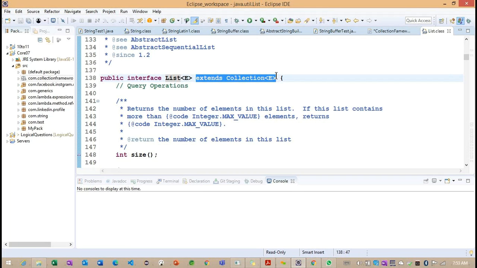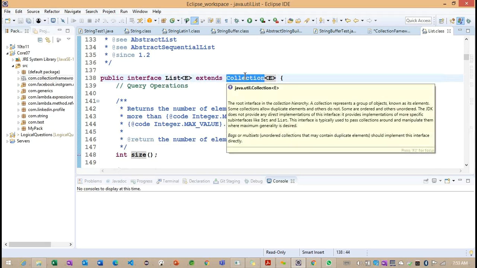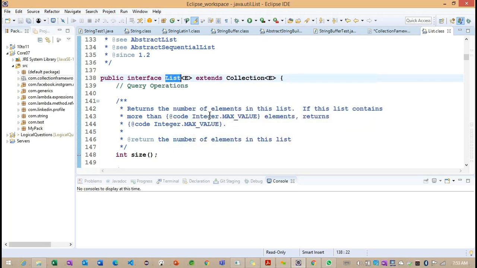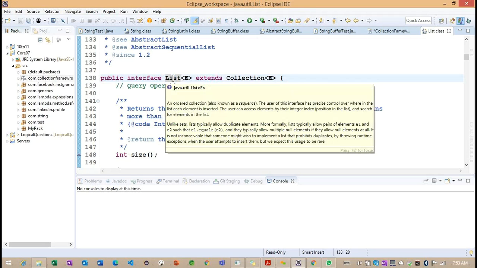Getting the point. Whenever it is extending from the Collection, again we need to think about our inheritance concepts here. Because the Collection we discussed has some of the methods. So do those methods exist in the List interface or not? Getting the point. Whatever methods we discussed so far, those methods will be available in the List interface.